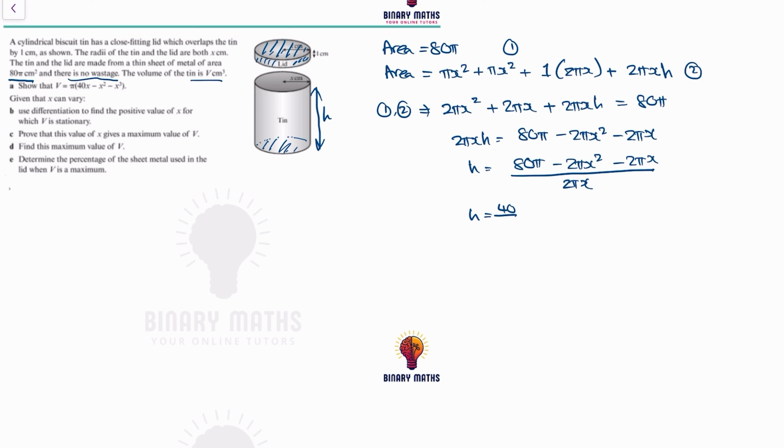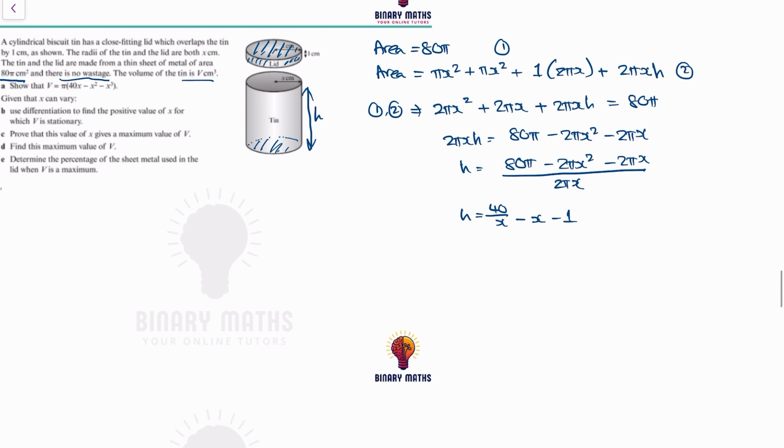So 40 over x minus 1. Okay, that's h. Now the volume of the tin is just the volume of the tin. So volume of tin is equal to pi x squared h, which is equal to pi x squared times 40 over x minus 1,